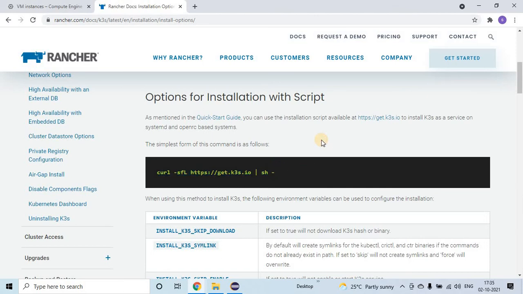Before trying this, what is K3s? If you are already familiar with Kubernetes, most people call it K8s. Kubernetes is a 10-letter word. Instead of saying Kubernetes, developers or technical people will say K8s. K is the beginning letter, 8 letters are in between, and S is the last letter. That is how we abbreviate Kubernetes as K8s.